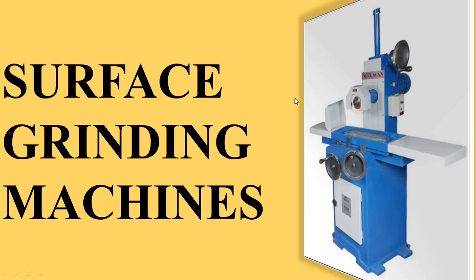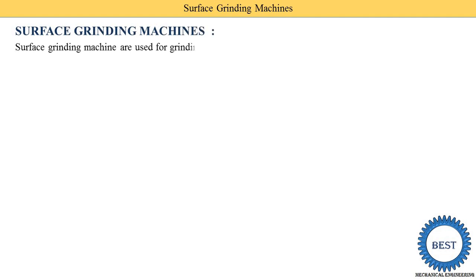In this video, I discuss surface grinding machines, their various types, and the basic information related to the surface grinding machine. The surface grinding machine is generally used for grinding a flat surface. Even with the flat surface, it is also used for irregular and curved surfaces. As its name suggests, it is used for the surface. So either the surface is flat, irregular, or curved.